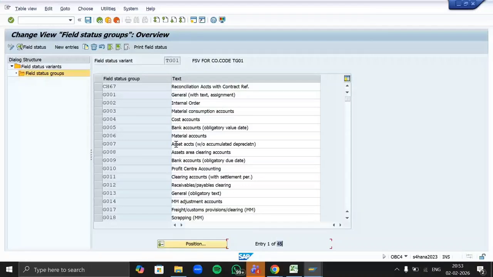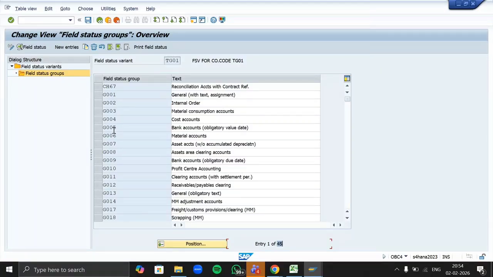Ma'am, this 0001 is a standard one, right? Yeah, 0001 is a standard. You will get it in each and every one of your servers: 0001, 1710 and 1000. And we can copy any one of them according to our need. You have to copy the data from 0001 because all three company codes are standard, but they are used for different purposes. Okay, I got it.